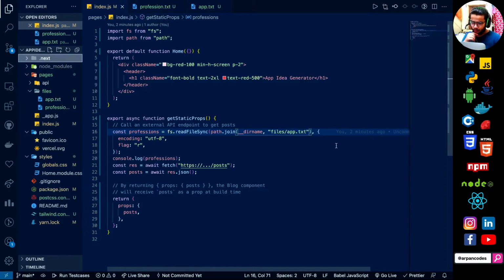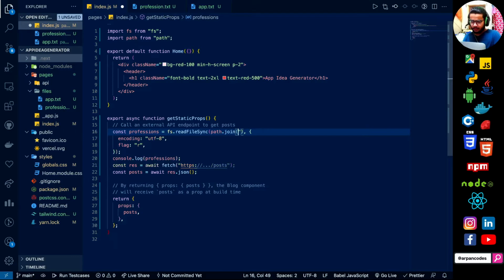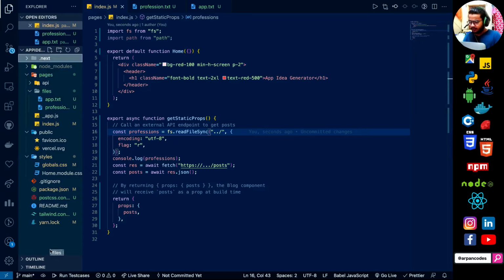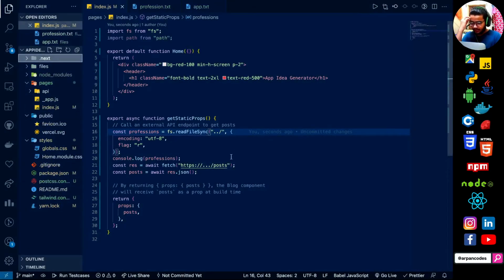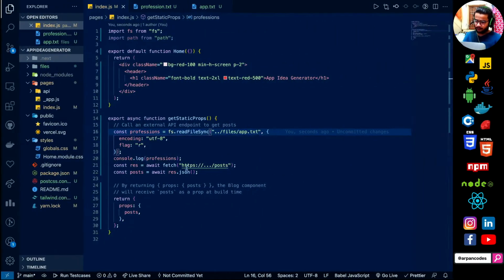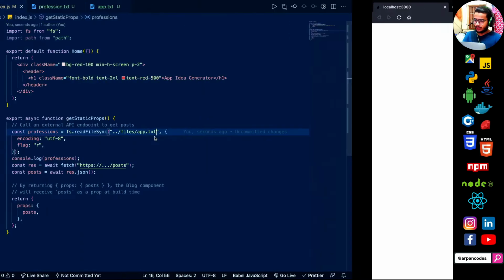You know what, let's try joining. Let's try with, I don't know, man. Let's move the files from here, outside pages, and let's simply try to access from that. We are out of pages. We can go to files, then app.txt. Does this work? If it does,